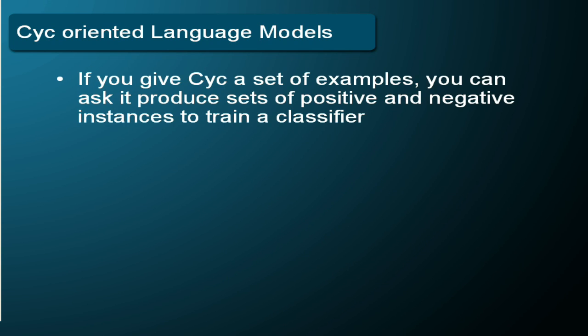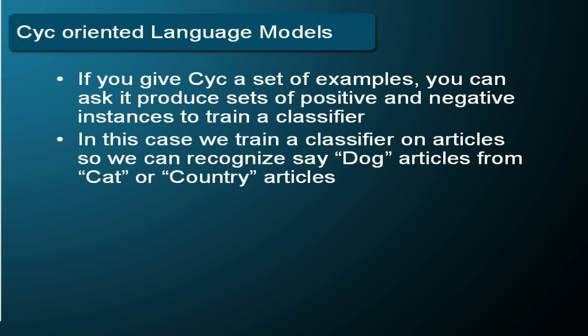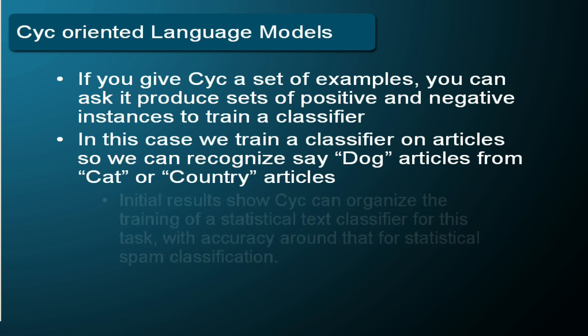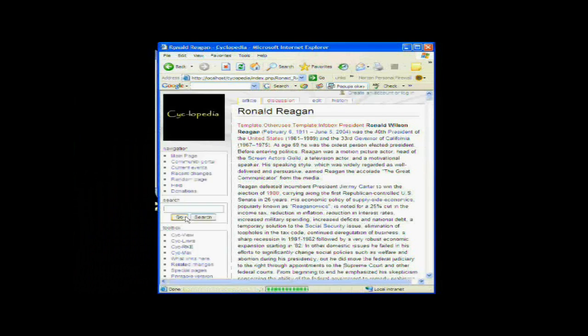We believe so, if you can utilize Cyc's existing knowledge to organize those articles that have already been mapped, allowing it to bootstrap the mapping of remaining articles. For various Cyc class concepts, we can automatically create article recognizers for that class utilizing existing statistical natural language processing techniques. The method and accuracy is similar to that for statistical spam classification. If used in the future for selecting learning articles from the web, the ability to reject noise articles will be very important. This system is in the earliest stages of development.